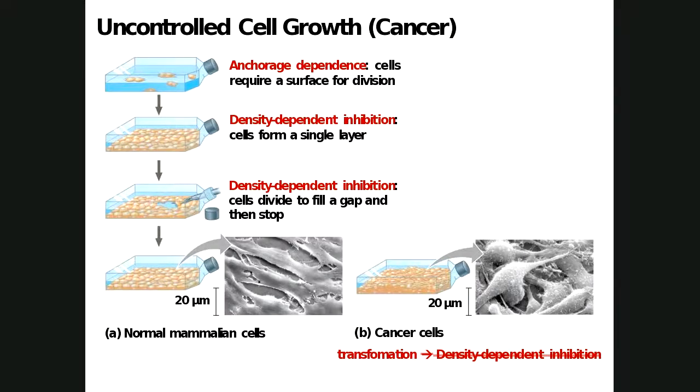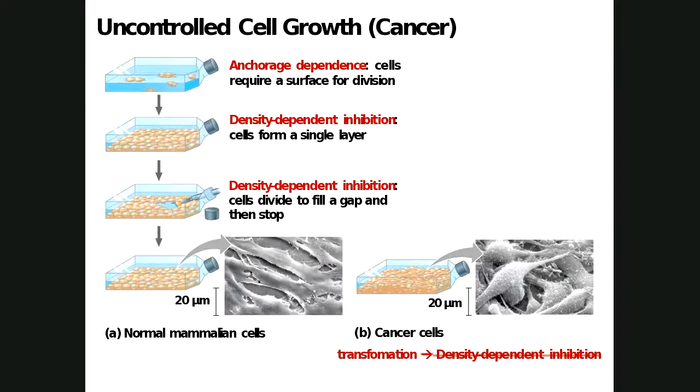When cells become cancers, and there's a genetic component to this in many cases, many times it's a genetic component plus an environmental component, cells lose that density-dependent inhibition, and they become cancerous cells. They grow in lumps. See, that density-dependent inhibition works very nicely because if there's a gap in the cells, if there's an injury that occurs, the cells then divide and they fill in that gap. Still in a single layer, like you see in the picture.